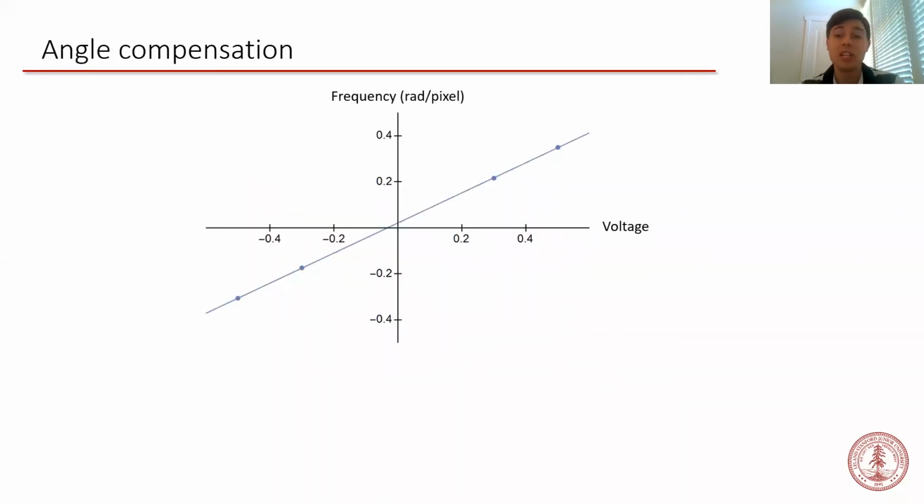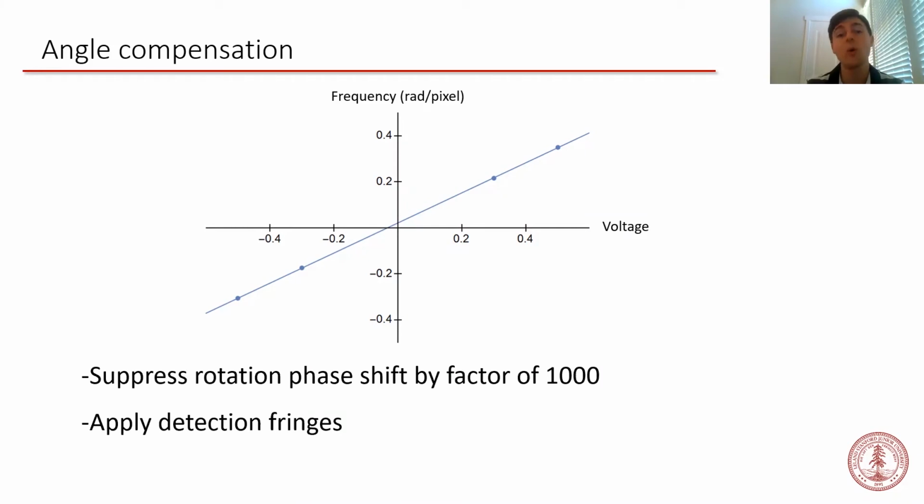To measure the Earth's rotation rate, we add and subtract an additional rotation and observe the horizontal fringes produced on a rubidium-87 interferometer. So this plot shows the horizontal fringe frequency as a function of the additional rotation. The x-intercept of the line is the control voltage corresponding to the mirror rotation rate at which the Earth's rotation is compensated. With this technique, we can suppress frequency shifts associated with the Earth's rotation by a factor of 1,000. The system also allows us to imprint the horizontal detection fringes that aid in our phase readout.